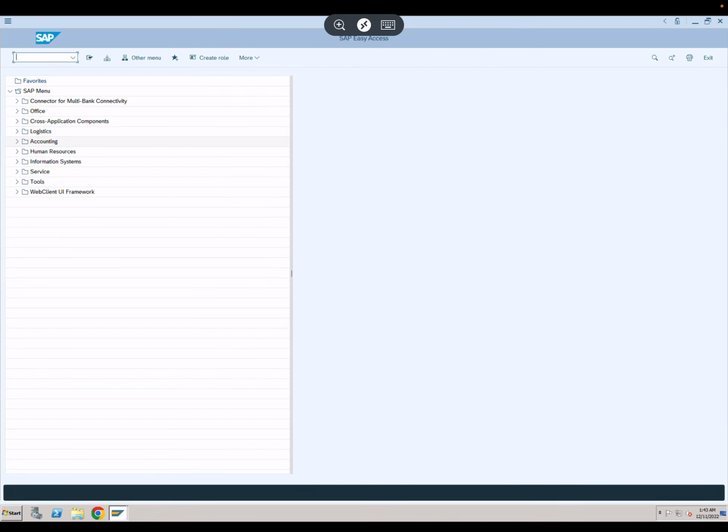Like if there are 1,000 or 4,000 users and you have to figure out which app server he or she has logged in to, and then you have to enable ST01 in that app server. So that's why SAP came up with ST, right? So if I go to ST